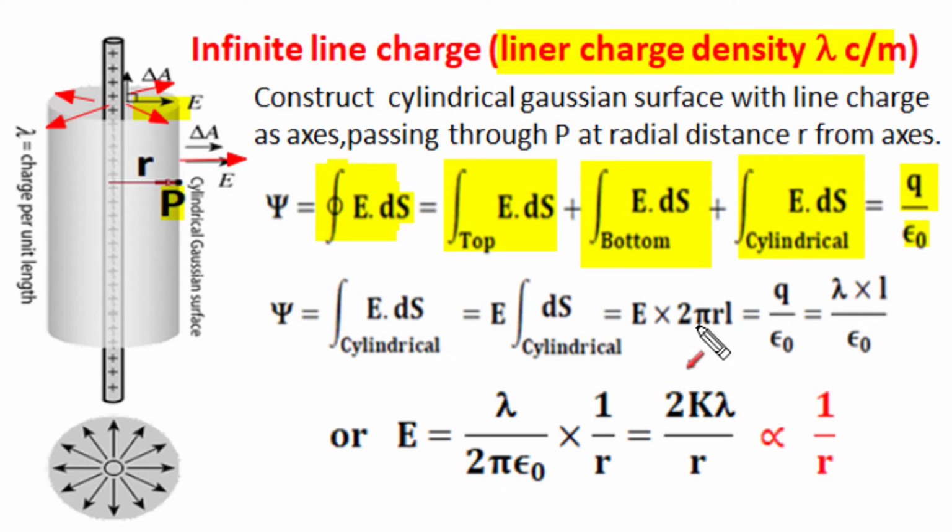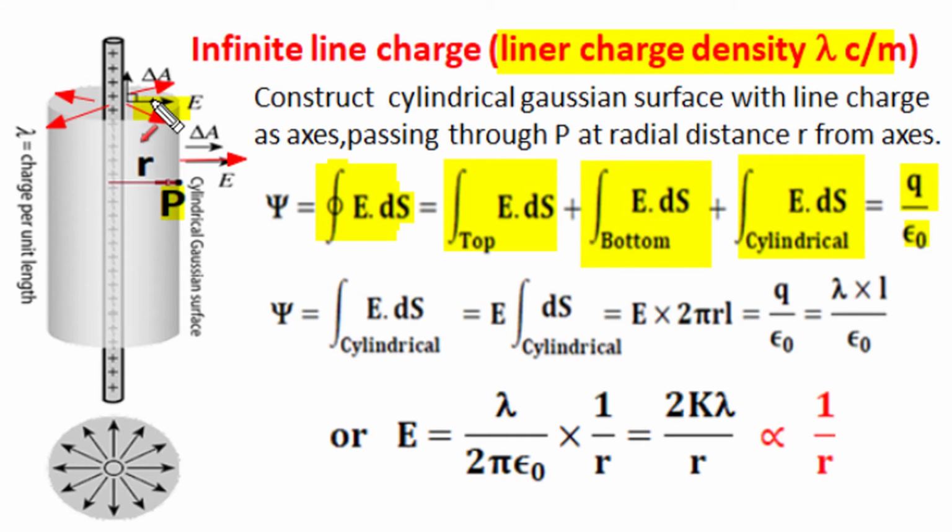This circular periphery is 2 pi r, and if the length of the Gaussian surface is L, then this cylindrical Gaussian surface area is 2 pi r L. So the total flux from this cylindrical surface is the electric field multiplied by the total cylindrical surface area, and as per Gauss law it is the total enclosed charge divided by permittivity, and if the charge per unit length is lambda